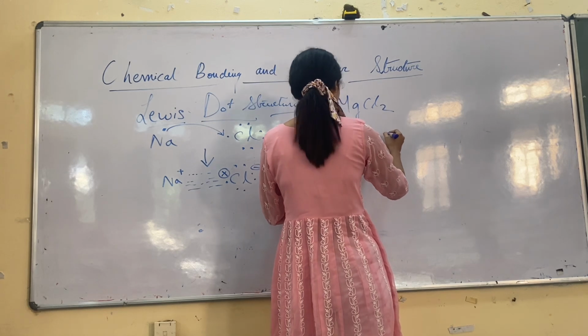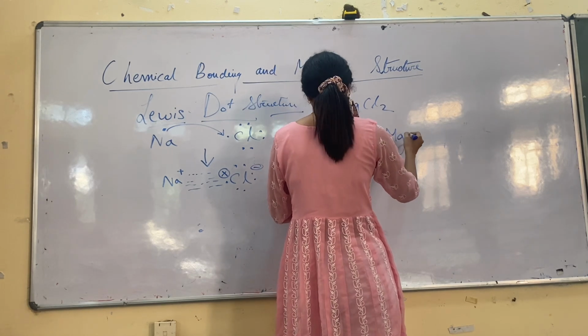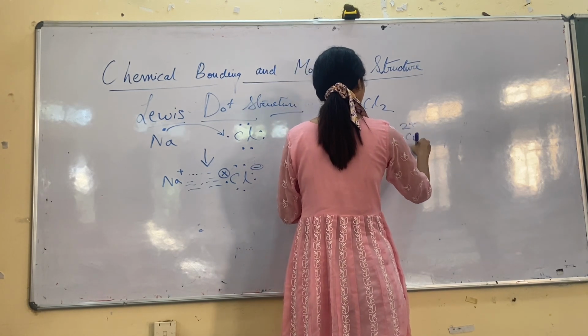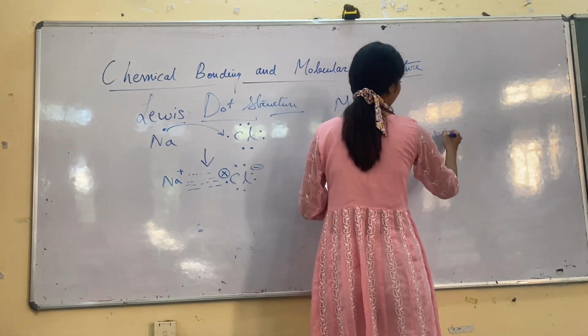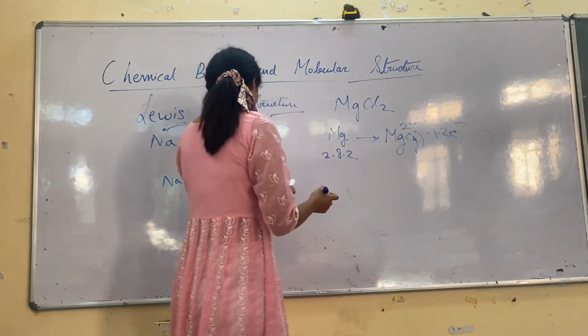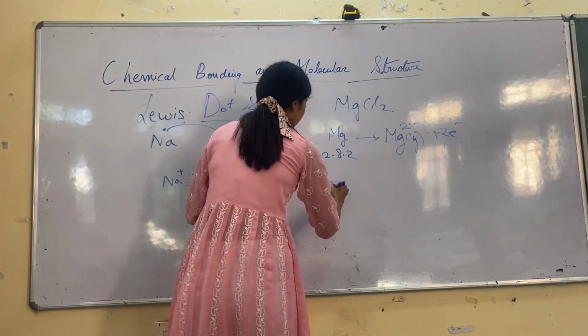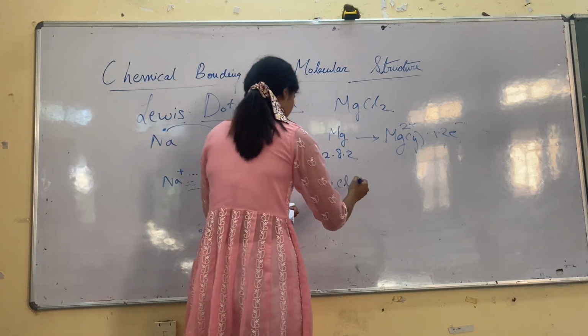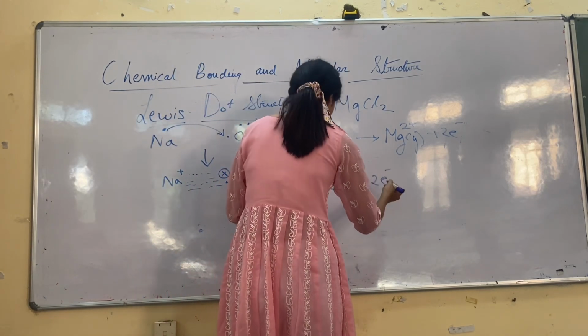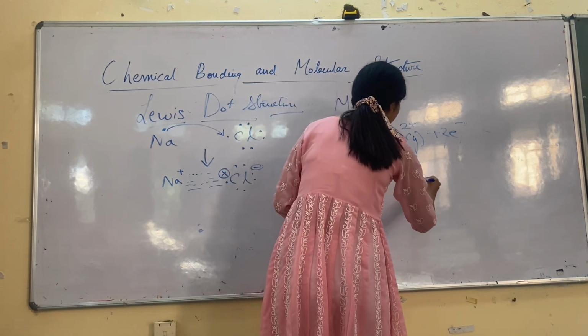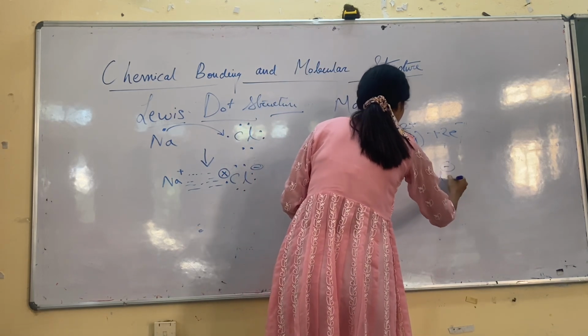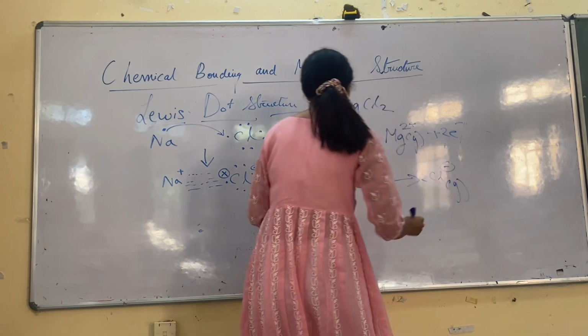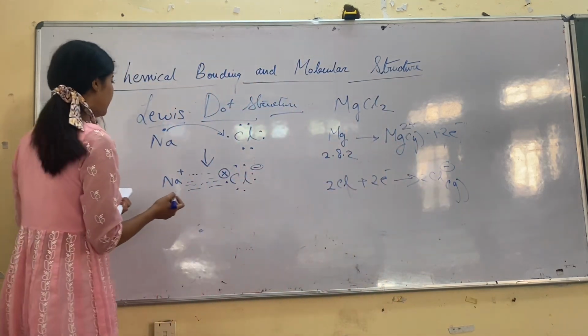It gives up the 2 extra electrons and becomes Mg2+ in gaseous form plus 2 electrons. And the 2 Cl achieve the 2 electrons to become 2 Cl- in gaseous form. So this can be denoted in the Lewis-Dot structure as,